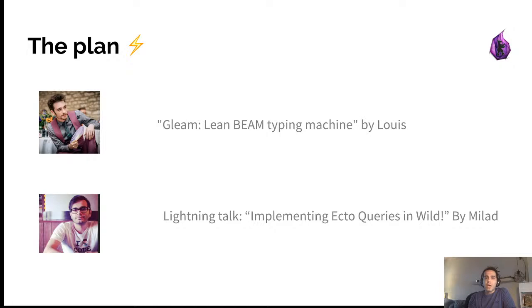For the agenda today, we have one main talk by Luis, creator of the Gleam language. You might know him for his Elixir packages like Mix Test Watch and also Dogma and XFMT. And here he is with his relatively new work, the Gleam language. After that, we also have a lightning talk by me about a package that I found a few days ago. It will be quite short.